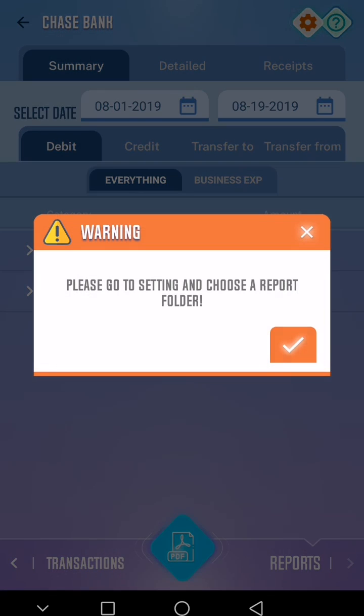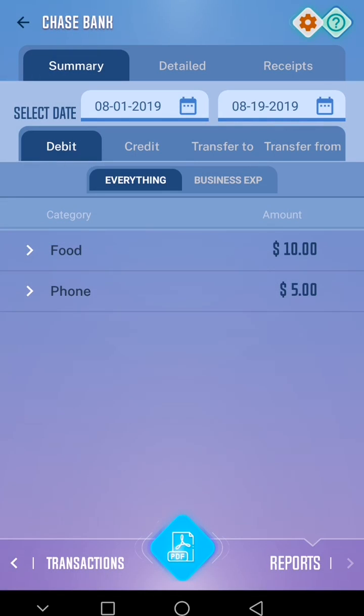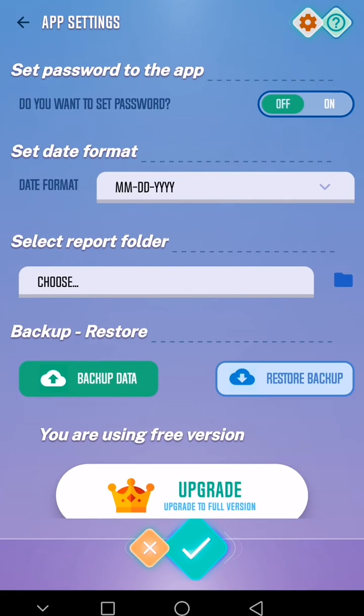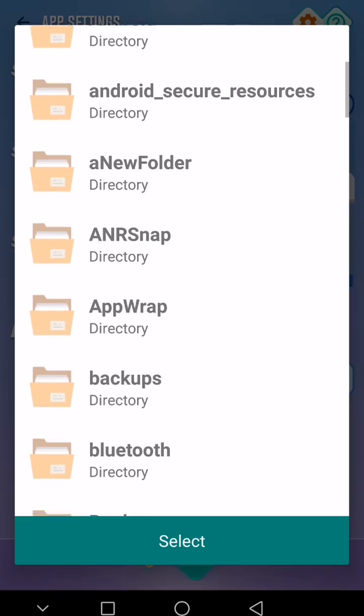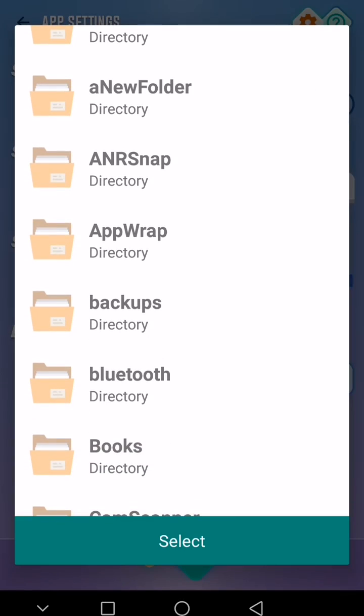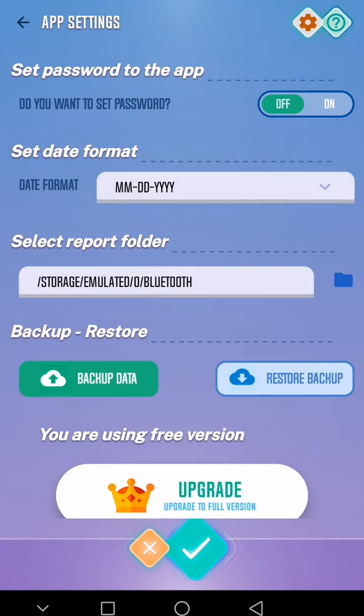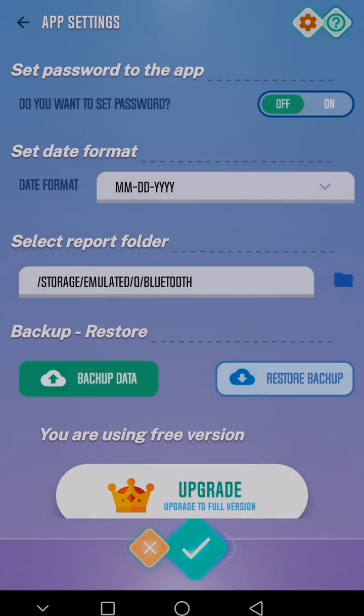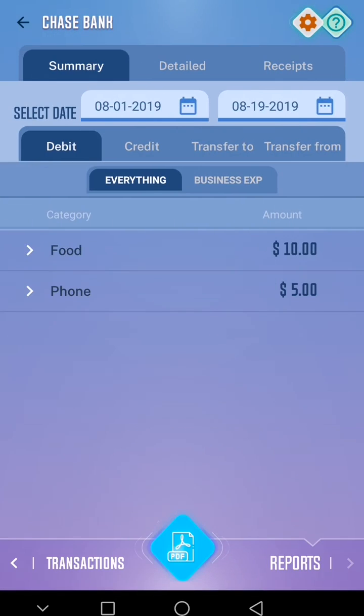Go to settings and choose a report folder. At the top right hand corner you see that little lever sign. Tap on that. Select report folder. You can select any folder you like. For some reason I always pick the Bluetooth folder. Tap on the green button to save. You're all set. Now let's go back to the